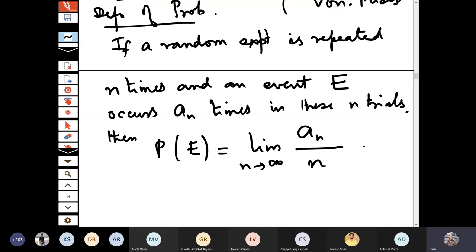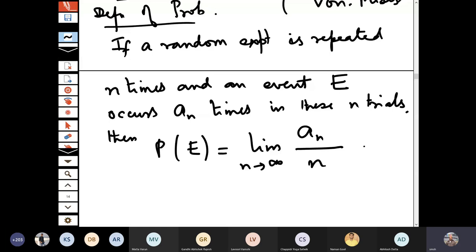And so even if, say for example, there is a coin and I don't know whether it is a fair coin or not, it could be that it is more loaded on the side of head, or it could be more loaded on the side of the tail. So what I do, I actually consider the outcomes and then I look at the ratio. Suppose the tossing is done 1000 times or say 200 times, and then we look at, so if we find out that suppose out of 100 trials, say 75 times it's a head and 25 times it's a tail, then we will associate the probability as 3 by 4, that is 75 by 100 for head.